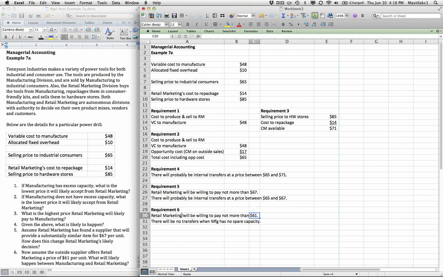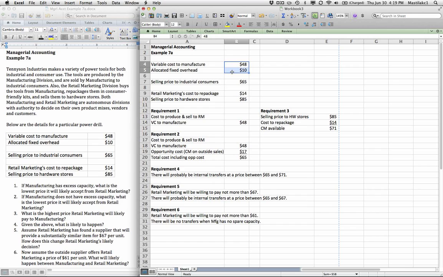So these are some examples of transfer pricing, trying to find a mutually acceptable transfer pricing option. There are also different types of transfer pricing scenarios that don't depend on these two managers having the autonomy to make the decision. So one thing that's commonly done is the company will just dictate that a full cost transfer pricing